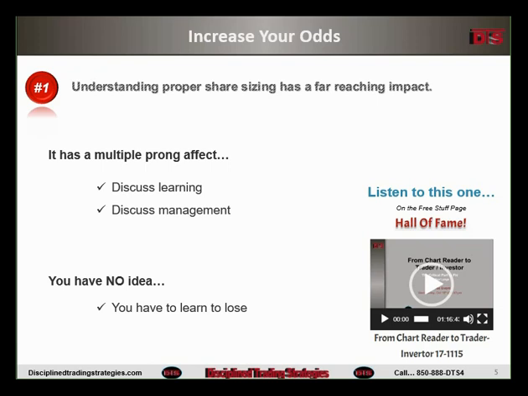I'm saying that working up to the proper share size is way more important than you think. And it's not just a matter of, oh, yeah, Paul, I know if I start out risking too much money, I'll lose quickly, blah, blah, blah. It's way more important than that. Does anybody know what to me is probably just as important as making sure you don't lose too much money when you start? When you risk too much money up front, what are you depriving yourself of? Does anybody know that answer?